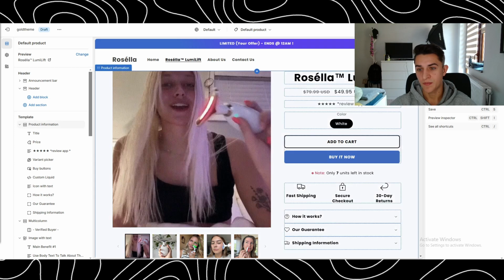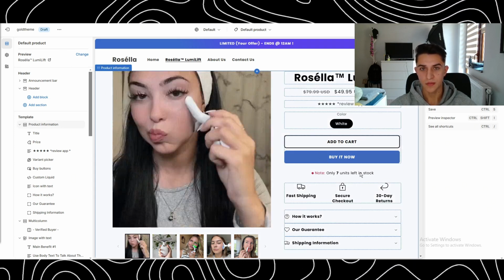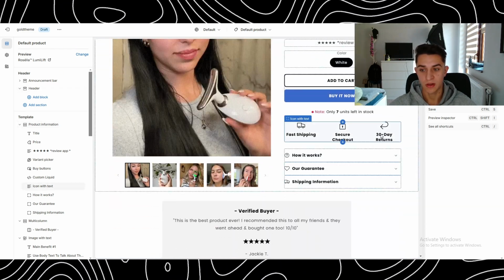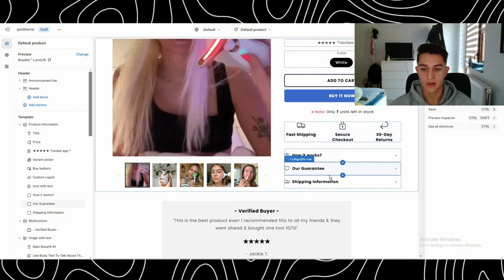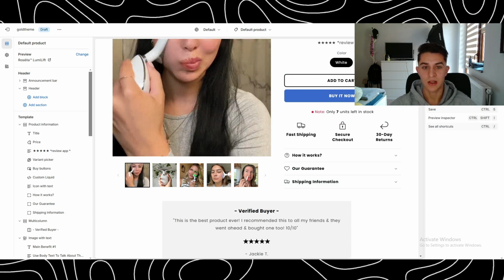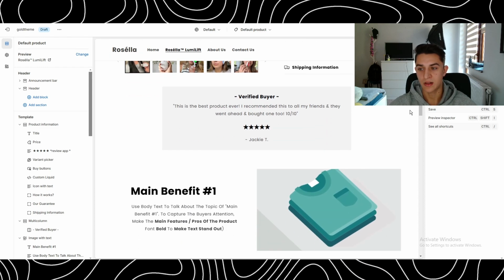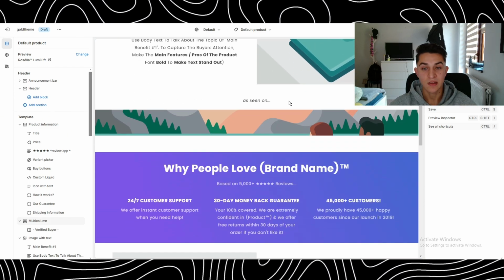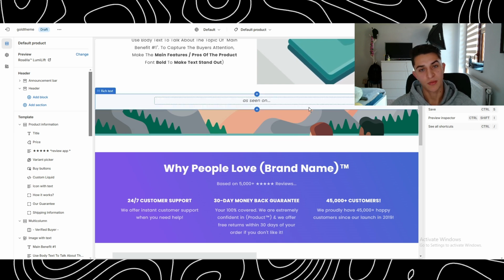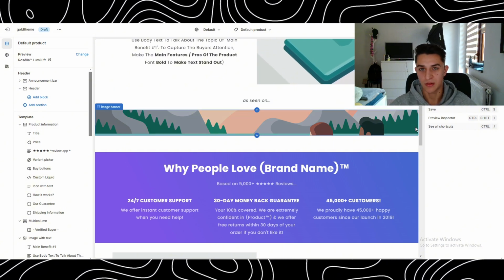And this is the products page. It looks pretty simple as of now, but we've got these little notes to make people want to buy faster. We've got fast shipping, secure shipping, things that build trust, guarantees, shipping information, which is the questions that the customer will likely ask and wants the answer to when they enter your store. The verified buyer's badge, benefits, as seen on, you can add Fox TV, other credible sources that will also help build the trust with the customer and make them feel safe and not like they're entering some kind of scam